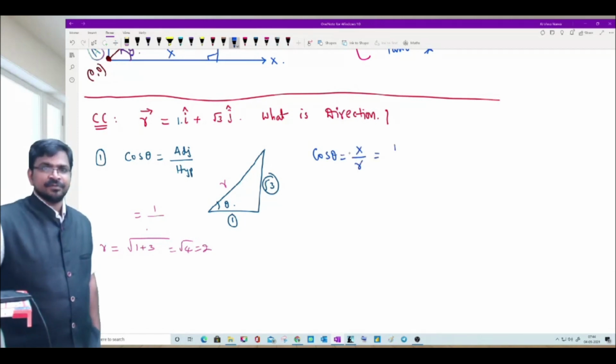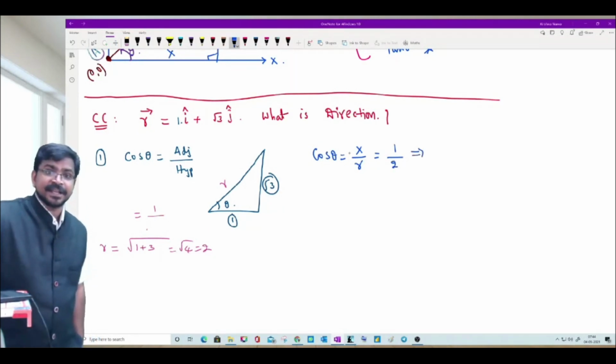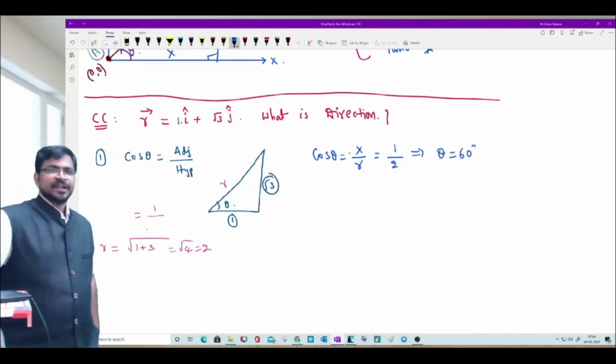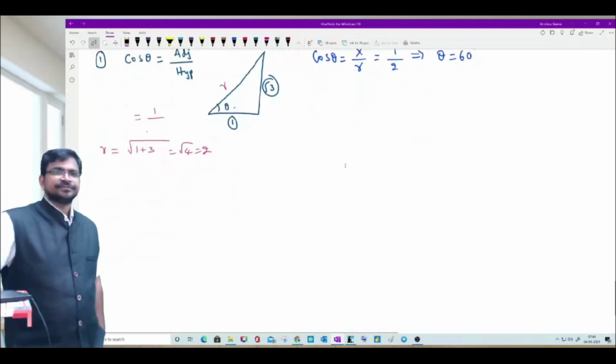What is x now? 1 by r value 2, so 1 by 2. As cos theta is 1 by 2, we can say theta is 60 degrees. This is the first method. And the second method,